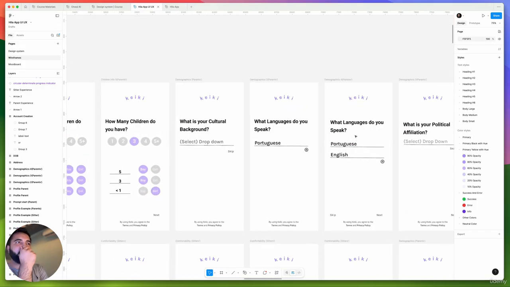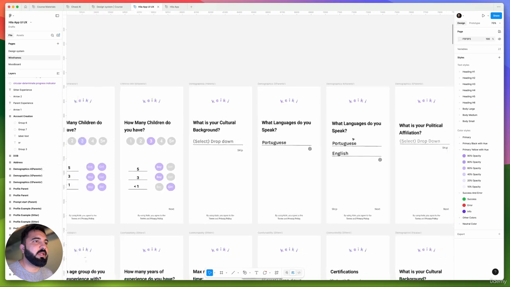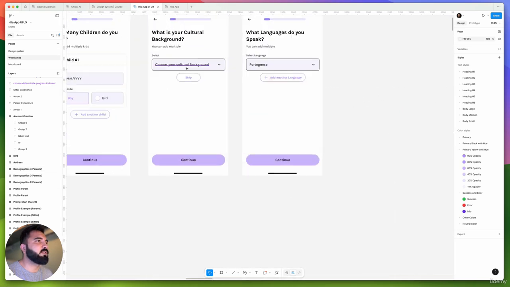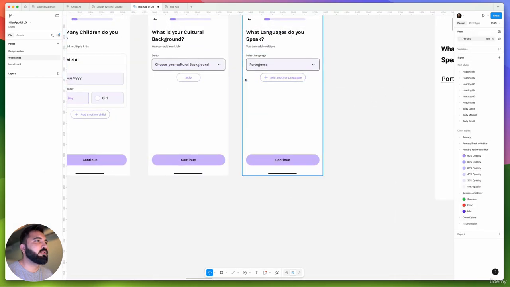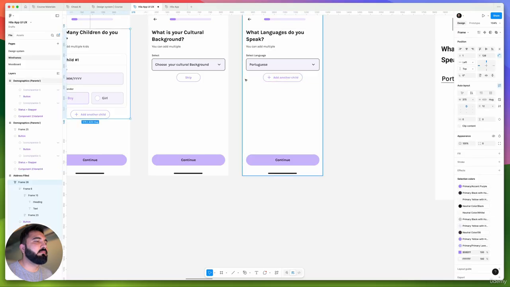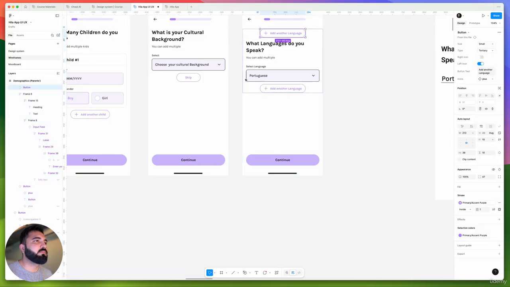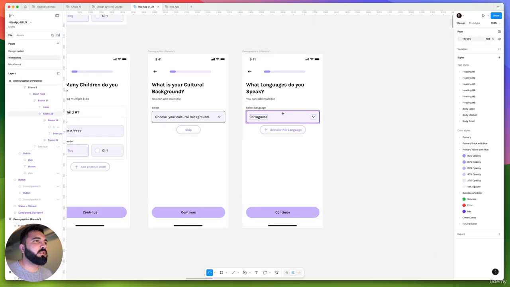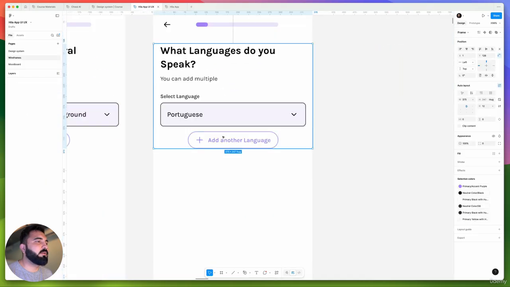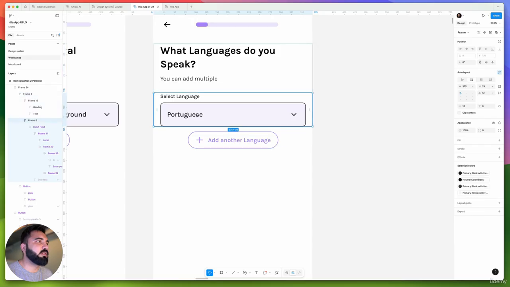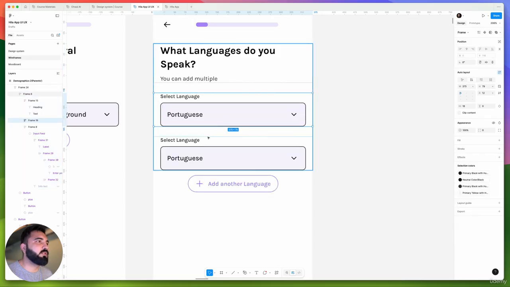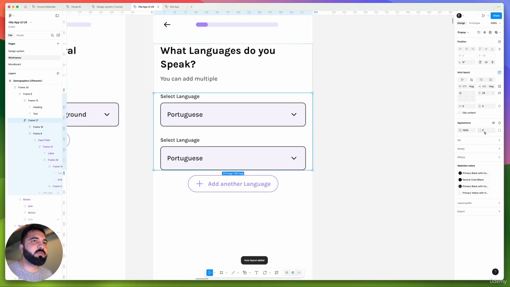Okay, so what language do you speak? Language. Yeah, so you can see over here they did the second screen where we have the language selected. So I will just go ahead and add, oops, that experience is gone. But once this one is done, we will take this over here, select this, and it should be